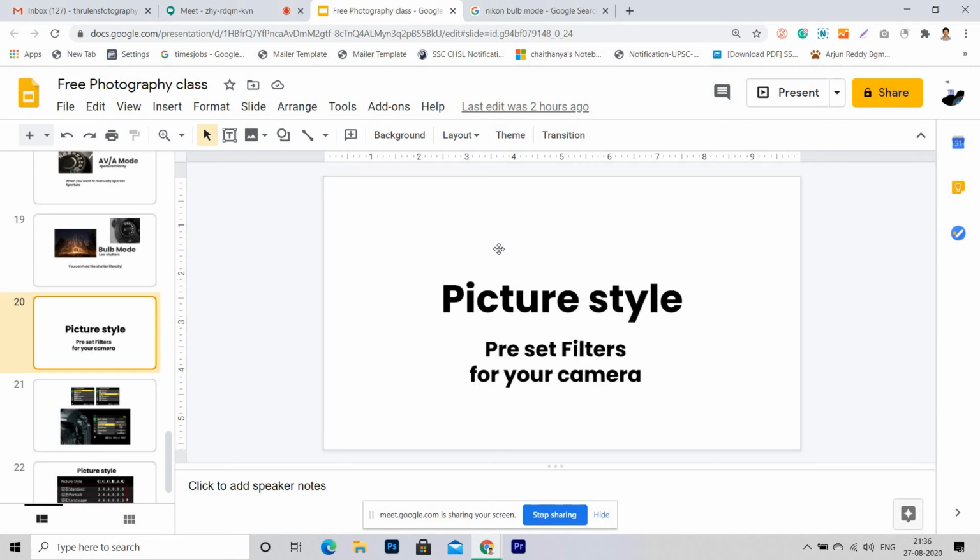Because if you have any phone bought after mid-2018, all these phones mostly in auto mode will take oversaturated photos. People like that, people do like over-colored photos. But if you try to take the same photo with a DSLR, same frame, everything the same, you took a photo with ISO and everything set, but still, for example, shutter and aperture.